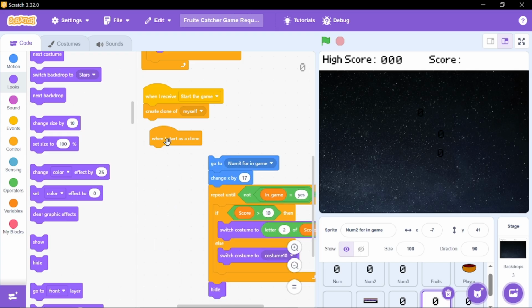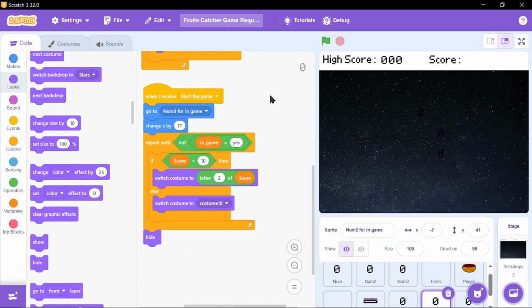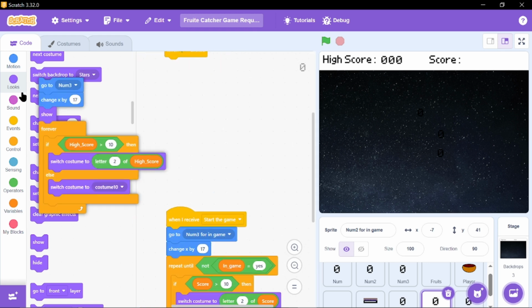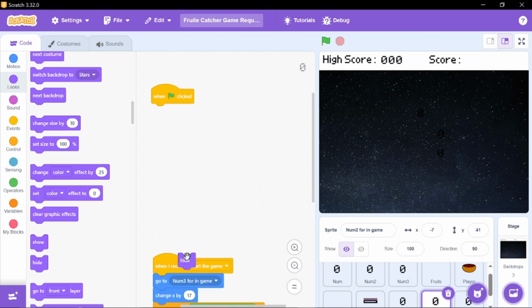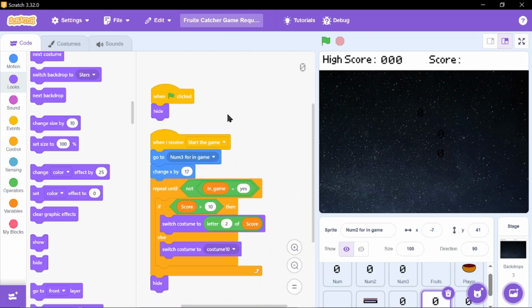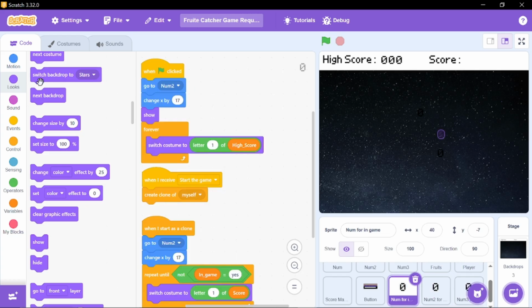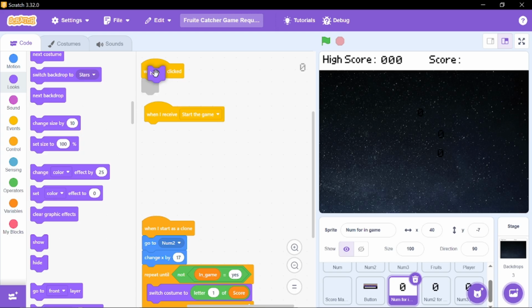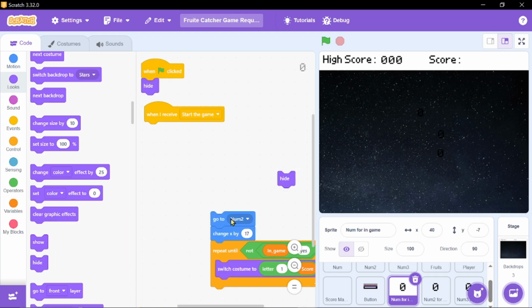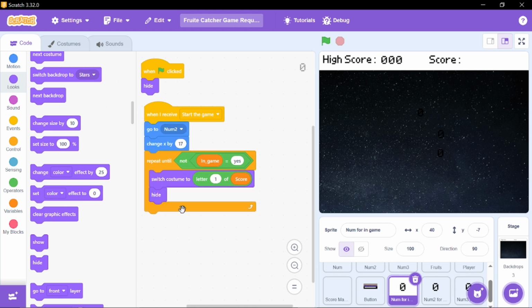And then I'm gonna remove this both, and I'm gonna add this over here, remove both of that, and then just duplicate it, and make it above there in this hide button, and I'm gonna make it num1 for in-game. Over here I'm gonna remove all that. Start over here, I'm gonna add hide, and do one more time, and remove that. Okay, so it means that now we are ready to go,